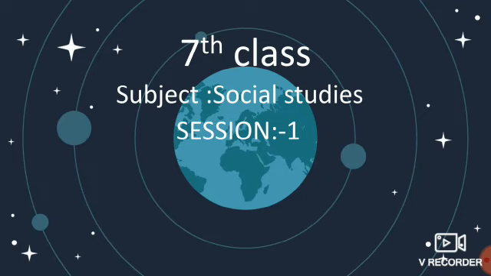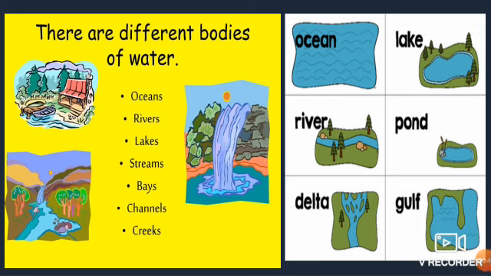Okay, tell me, what do you know about the earth? You might know that we call the earth a blue planet and it is the only watery planet in the solar system. It contains a large amount of water compared to the others. So the different types of water bodies present on the earth's surface are oceans, seas, rivers, tanks, lakes, ponds, etc.